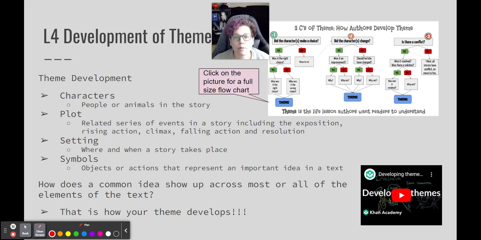In lesson 4, you're going to be learning about developing a theme, okay? Keep in mind that in the next unit, you will be writing your own short story. So the things that we're learning in this unit, you're going to use and apply to write your own short story. So you have to know how to develop your theme, okay? So thinking about theme development,